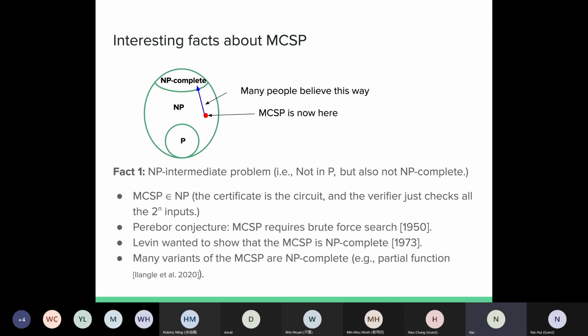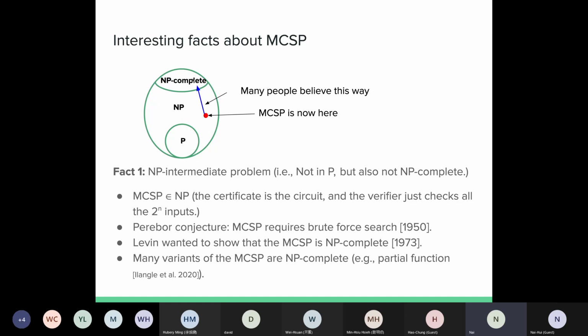And actually, Levin, like Cook-Levin, when he wrote his paper about NP completeness, he also wanted to show that MCSP is NP complete. I have heard some gossip that because of this problem, he delayed publishing that paper for a few months. This paper is from 1973, and many people, including Levin, believed that MCSP should be